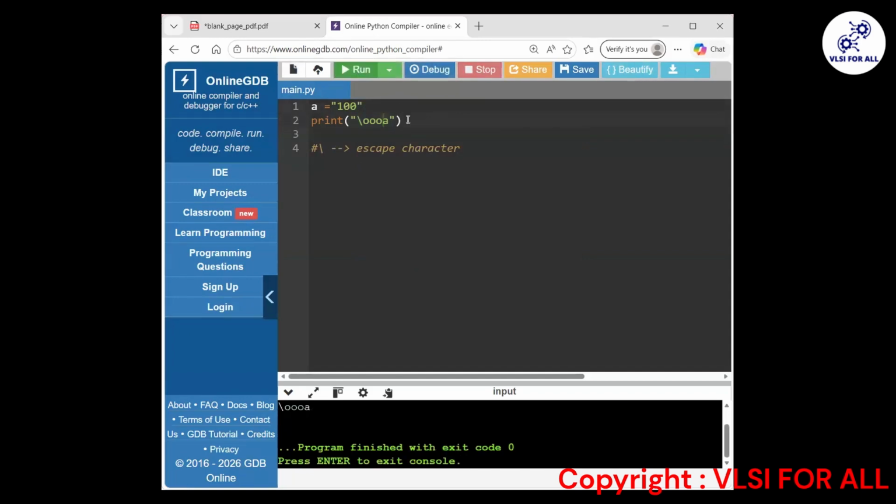I'm thinking like that. Will it come? No, no, no. It won't come. It should be that way only. Let me try it once. It should be here. We'll say backslash. It should come, right? Because